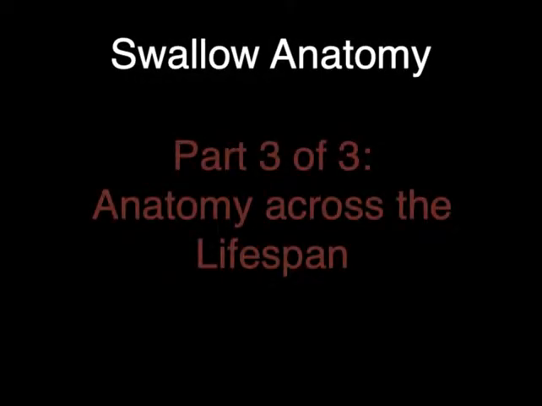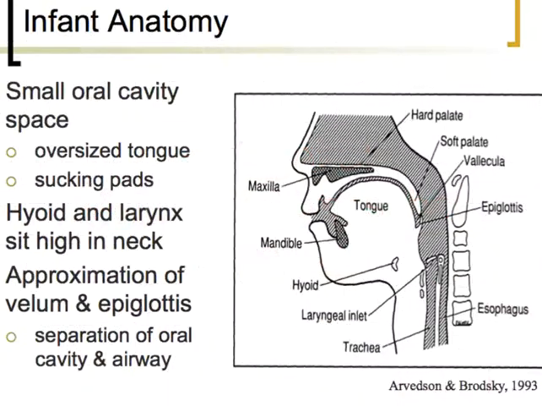Now let's consider the anatomy as it changes through the lifespan. The infant anatomy is obviously smaller altogether, but the biggest thing is the size of the oral cavity. So it's a very small oral cavity with respect to the size of the head. And the reason there's such a small oral space is that you have this rather large tongue, this oversized tongue,